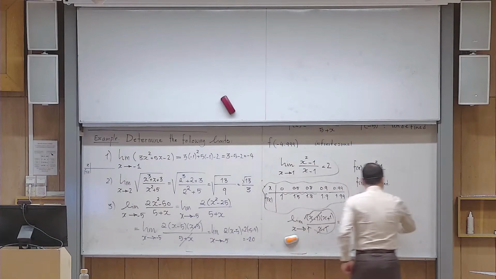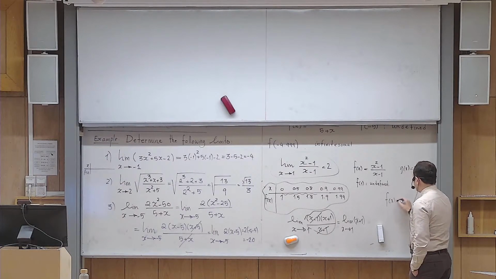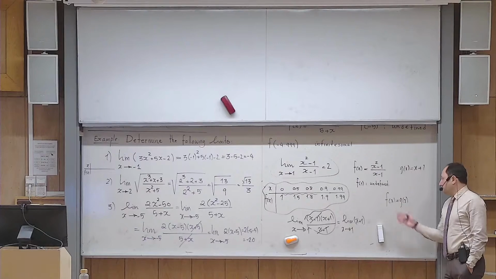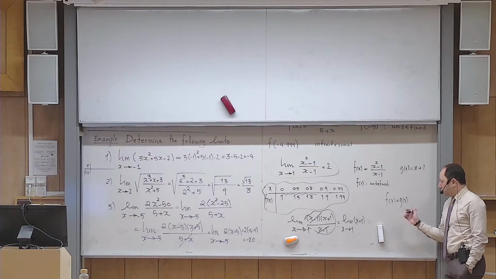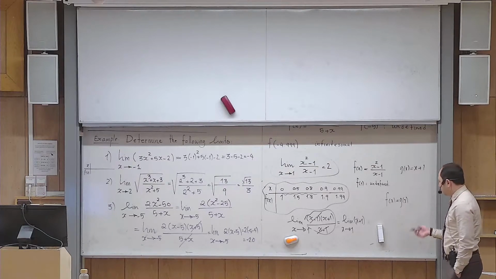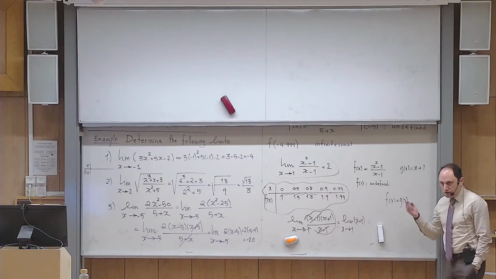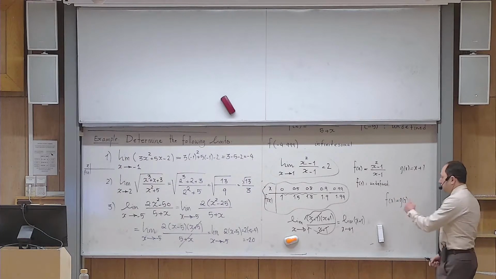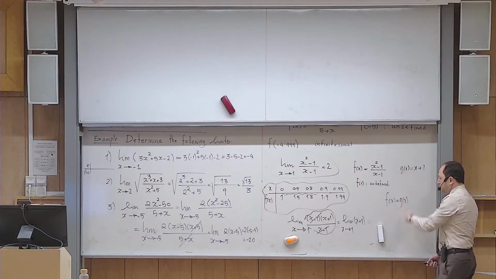Because what I am saying is this. I have two functions. One function is this, another function is this. If I ask you, is f of x equal to g of x, what is the answer? Is f of x, this function, equal to this function? The answer is definitely no, okay? So mathematics is actually unforgiving. You just say yes or no. Is f of x equal to g of x? The answer is no, okay? Because of the problem that happens at x equals 1. At x equals 1, this is undefined, but I don't have any problems here, that is 2. So this is false,